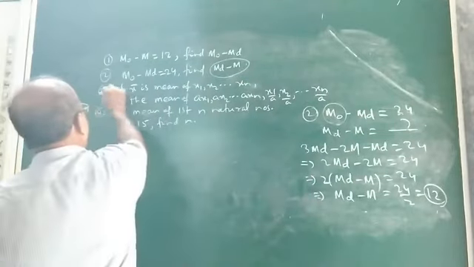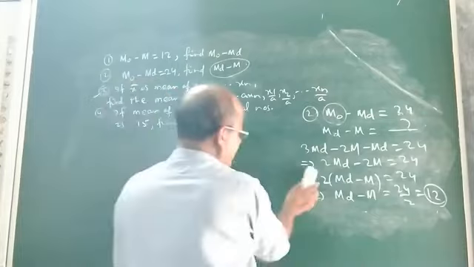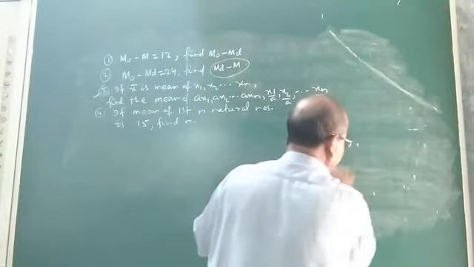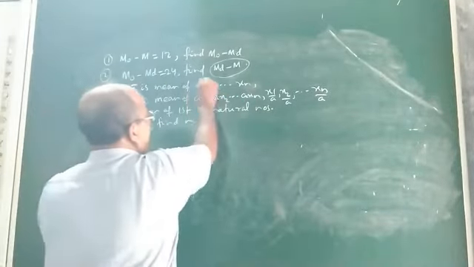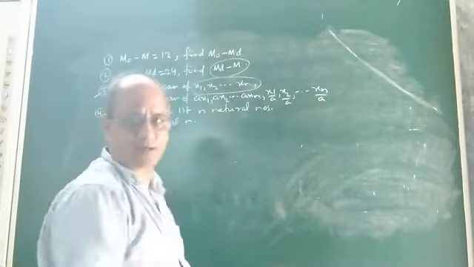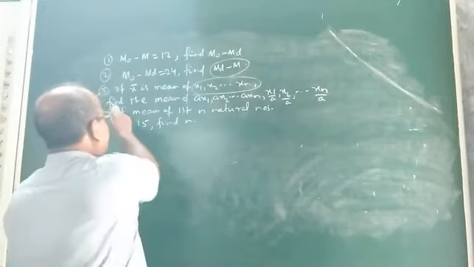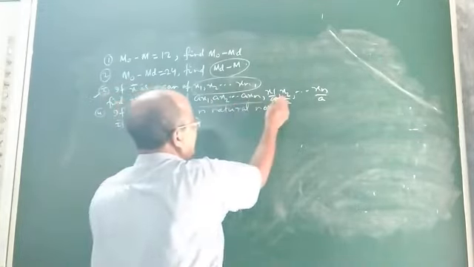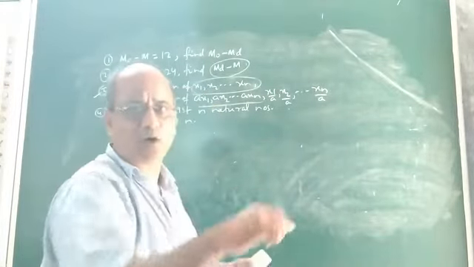Now come to question number 3. Let us first understand what question number 3 is. You are given that x bar is the mean of n number of observations, suppose x1, x2 up to xn. We do not know what the observations are, but their mean is given, suppose x bar. Then find the mean of ax1, ax2, up to axn, and of x1 by a, x2 by a, up to xn by a. So how to find the mean?